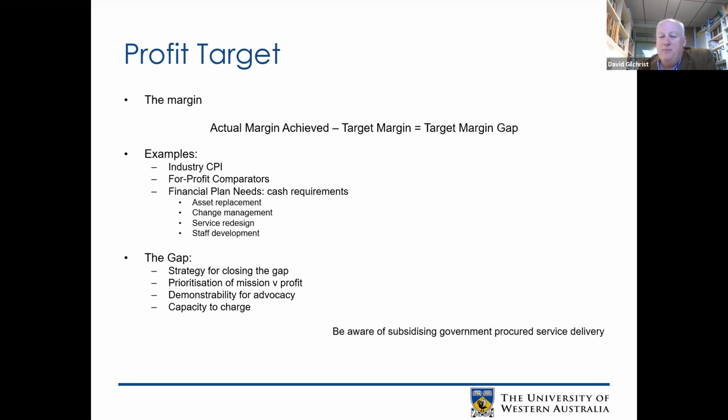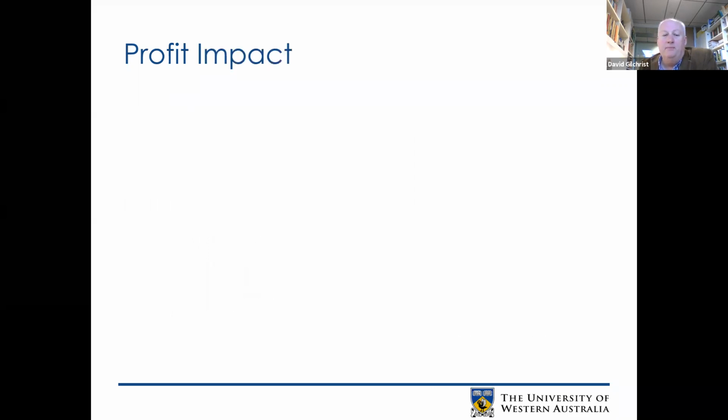I think that's a big trap that not-for-profits and charities fall into, is essentially taking responsibility for government's priority allocation in their budgets, and leaving services underfunded, leaving it for not-for-profits and charities to resolve that outcome, if you like. Okay, so profit impact, just to recap on that particular section, results or should result in free cash flow,